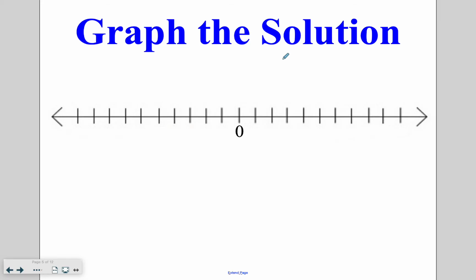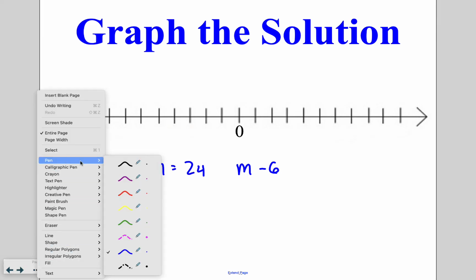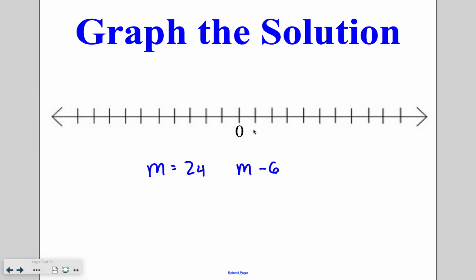We also want to be able to graph these solutions. So just a reminder, my two answers were m is equal to 24 and m is equal to negative 6. In order to make 24 and 6 fit on the graph, I'm going to go ahead and count by sixes. So I'm going to go up 6, 12, 18, 24, 30, 36,